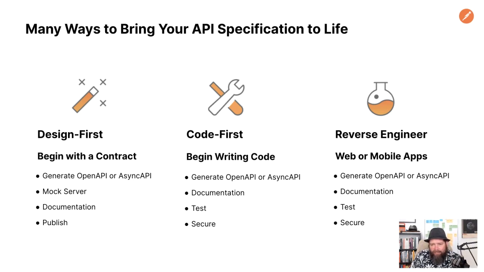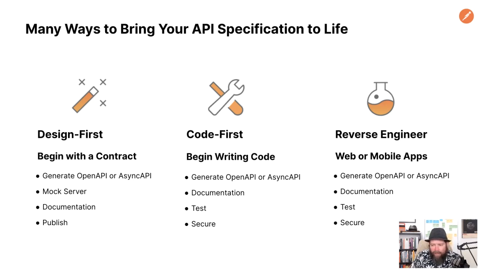Second common way for producing an API specification is code first. So teams begin writing code, doing what they do best. And then while you're writing the code, you either annotate it or you use a gateway or a proxy, and you can generate the OpenAPI and AsyncAPI from the code. So you code first, you generate the OpenAPI or AsyncAPI, which then can be used to generate documentation, tests, and